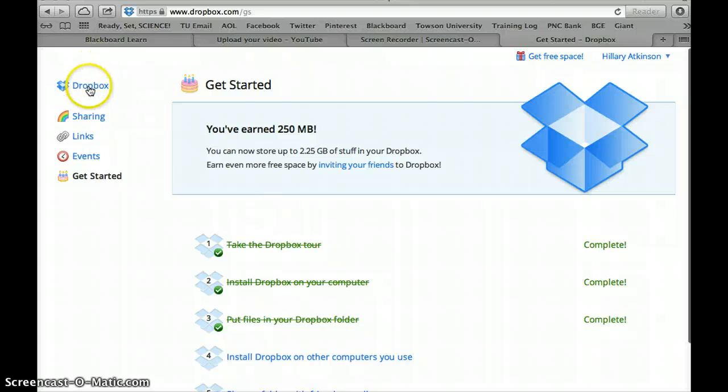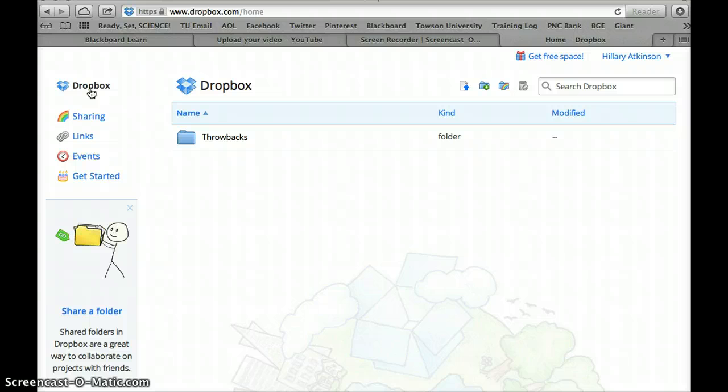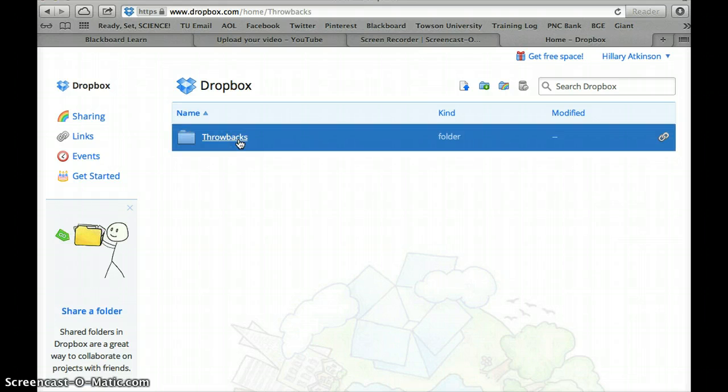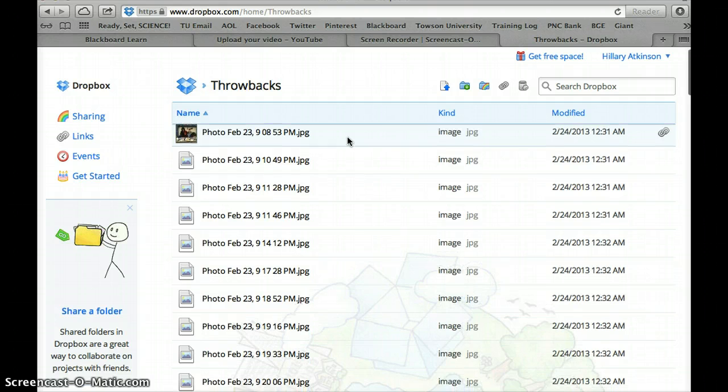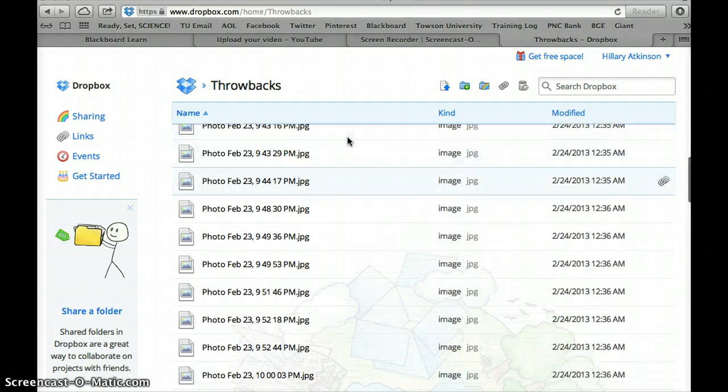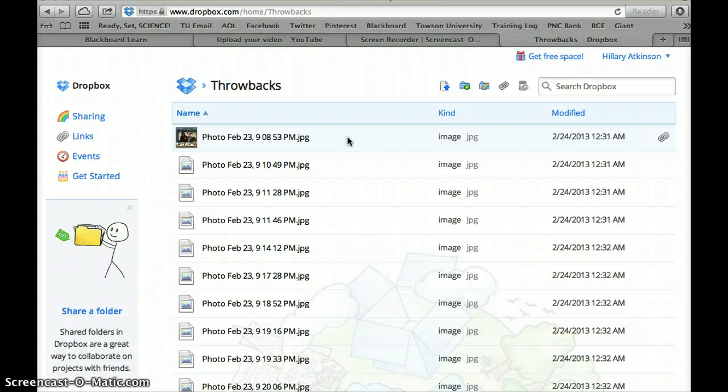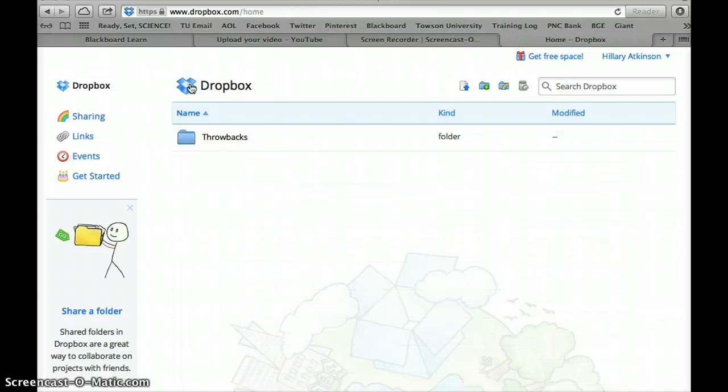Okay, so now we're going to go back to the home screen of Dropbox. And here's where you will see the list of all your folders and files that you have saved to your Dropbox. Now you can see I only have one folder set up, and if you click on my folder, it will show you everything that I have in that folder, and I call this one Throwbacks because it's my old throwback photos. And then you can go back to the Dropbox home screen,